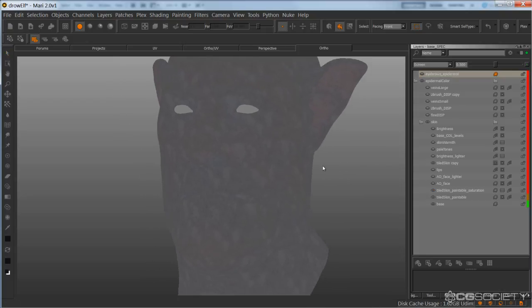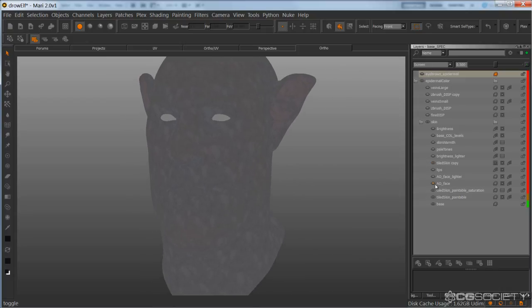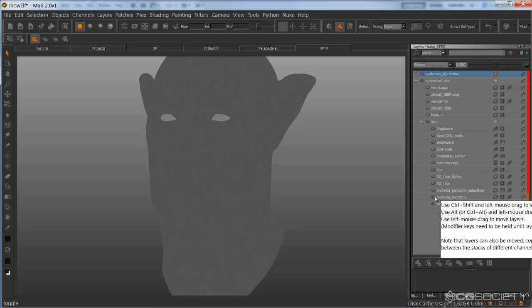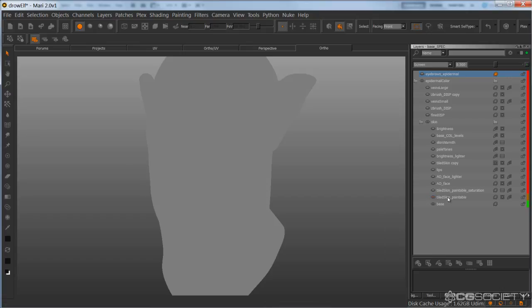There we go. It's a bit closer to what we want. There. So it's essentially just this tile skin paintable that we're looking for